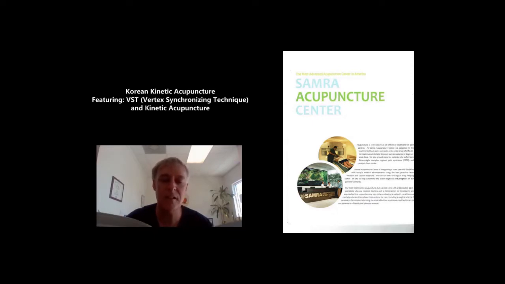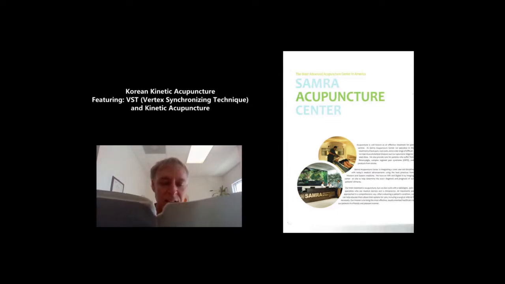At Samra Acupuncture Center, we specialize in the treatment of back pain, neck pain, and a wide range of difficult to treat musculoskeletal diseases such as ruptured or degenerative discs. We also provide care for patients who suffer from fibromyalgia, complex regional pain syndrome, and paralysis from stroke. Samra Acupuncture Center is integrating a 2,000-year-old discipline with today's medical advancements using the best practices from Western and Eastern medicine. We have an MRI and digital X-ray imaging center on site to help determine the exact diagnosis and prognosis